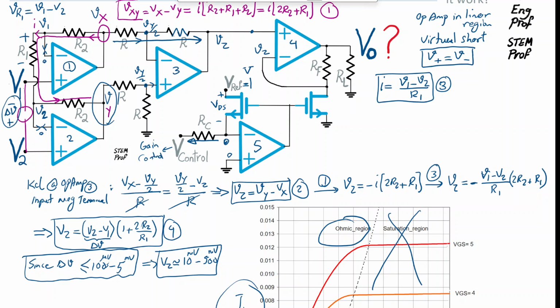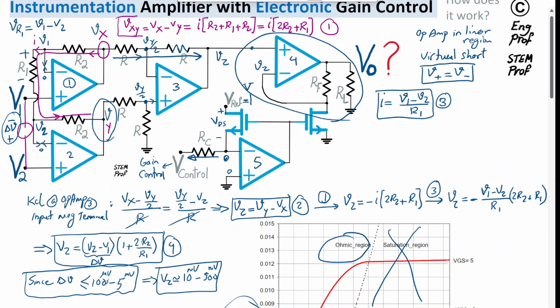Which gain? The gain that is observed. So this is the voltage that controls the gain of the circuit, the gain that is observed by this stage here. Okay, so what is that gain? Effectively, we are controlling the resistor between the drain and source of this transistor. So effectively, we have a resistor here like